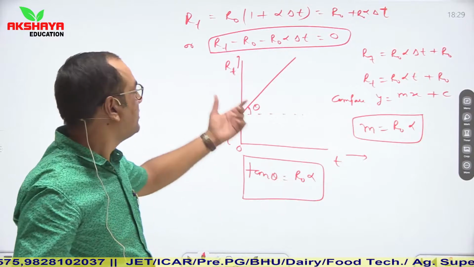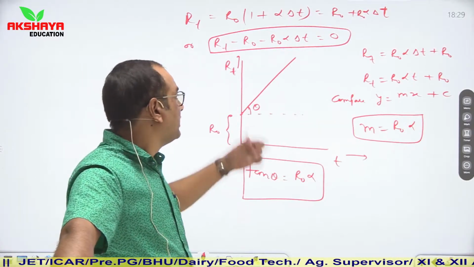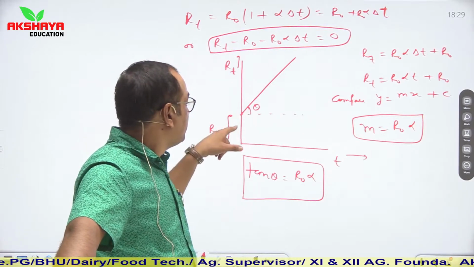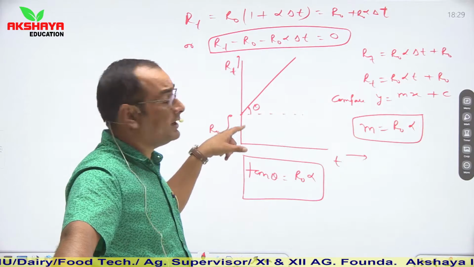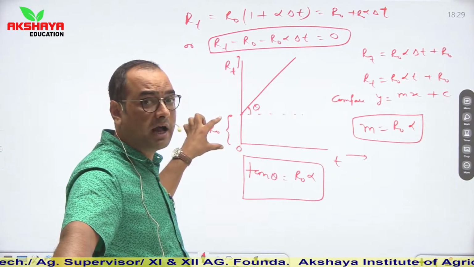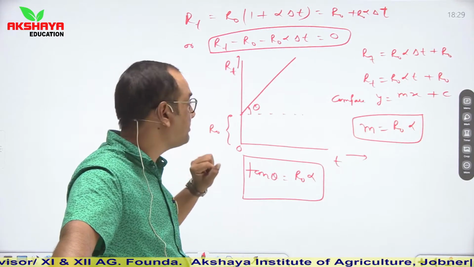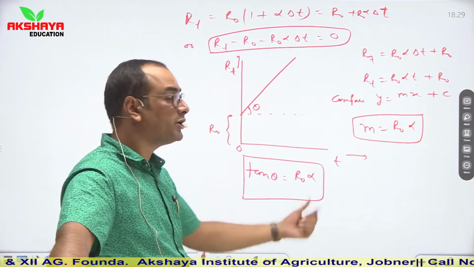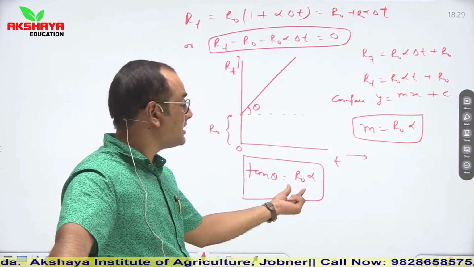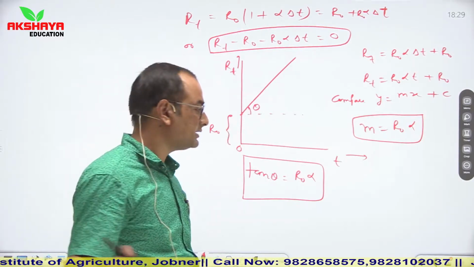So this is a graph between resistance and temperature. Always keep in mind, in case of conductors, the graph between resistance and temperature is always a straight line. Clear? It carries an intercept on y-axis, which is equal to R naught, the resistance at 0 degree Celsius temperature. Its slope is R naught into alpha, where alpha is the temperature coefficient of resistance. So this is the graph for conductors.